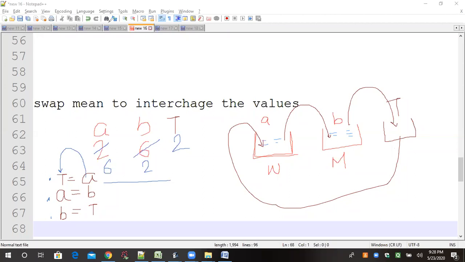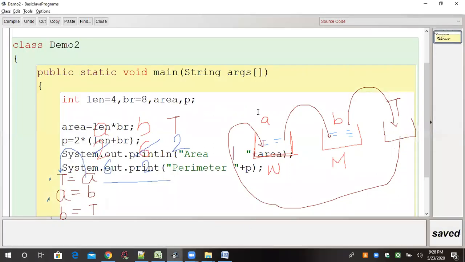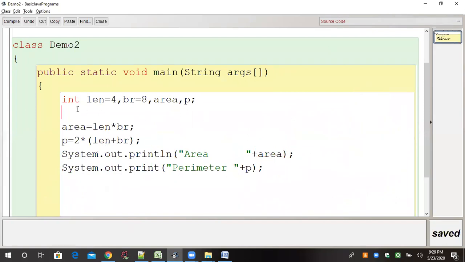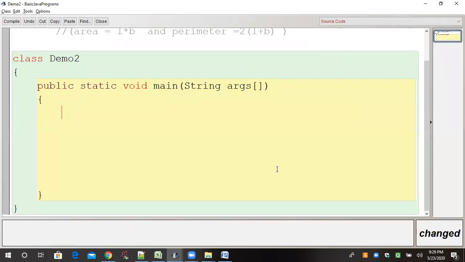Now I'm coming immediately towards the programming section. I want to clear all the drawing. Now A is equal to 2 and B is equal to 4, and this is my temporary variable.